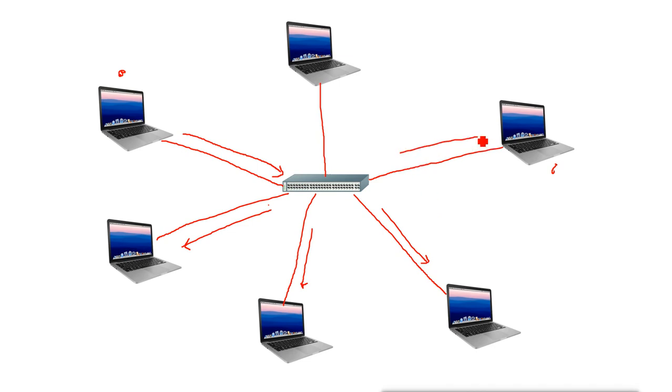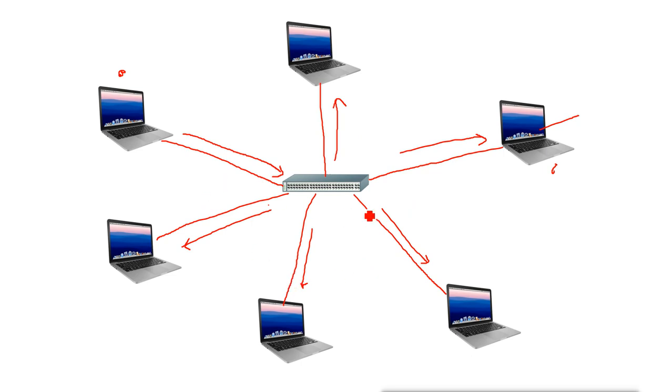Now nobody will accept the data, only the device whose data it is will accept the data. Like the data is for this device, so only this device will accept the data, others will not accept the data, but others will still get the data. So that means it works the same as the bus topology, where only two devices can do the communication and the rest of the devices have to wait for the communication to finish.